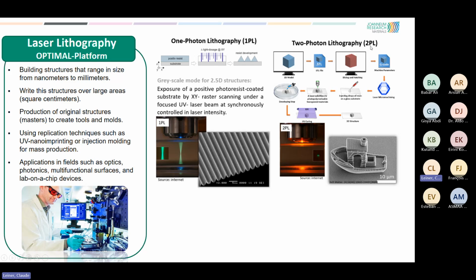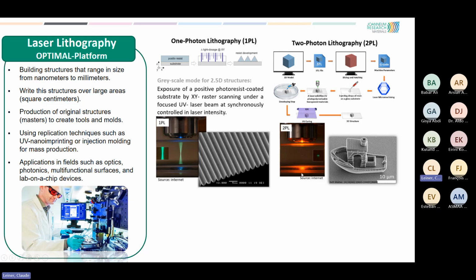Another thing is you can make 2-photon lithography. Like I said, you can really do 3D structures. Here's an example, this is 10 microns only. You can even make a boat here made out of resist. This is interesting because it is often used to make optical interconnects. So when you have waveguides here, for example, in your material, or you have waveguide fibers, you can process an optical system at the end of your fibers, for example. This is also made, and then you're staying with the polymer lenses, but they are really attached